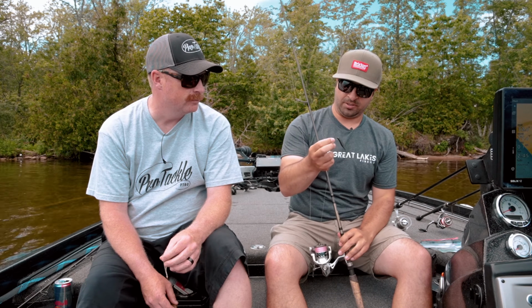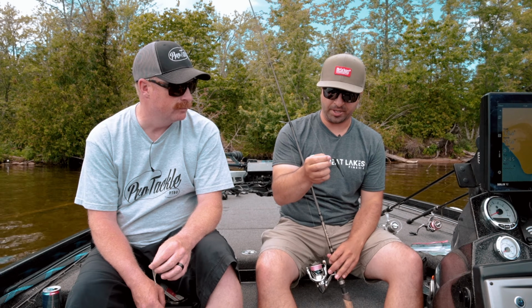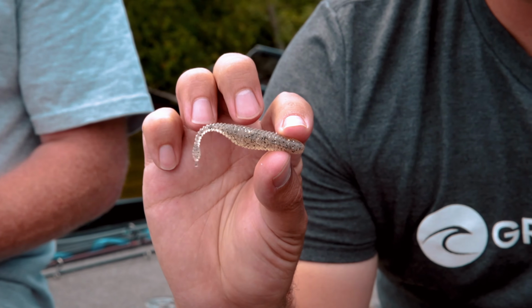Black was a good one for me today. I caught a bunch of fish on it. It's probably my best one today. I know Chris was using crushed shad, which he'll show you here in a second. And then the other thing that I started doing